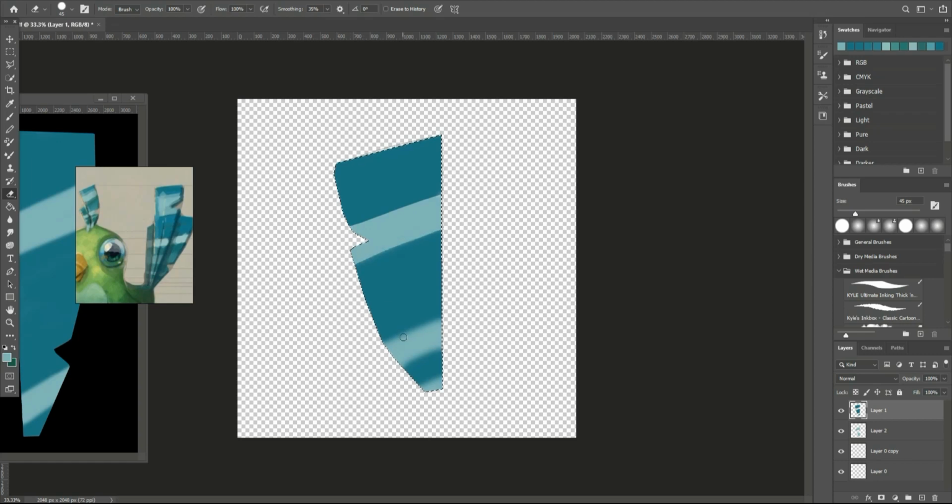And we're going to export. Control D, unselecting, and then